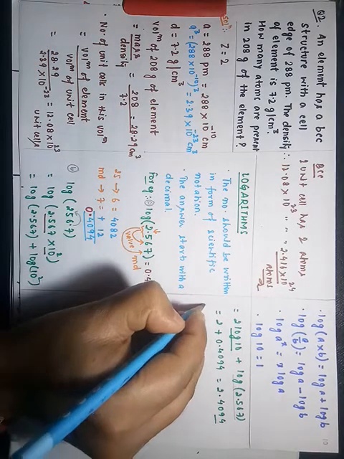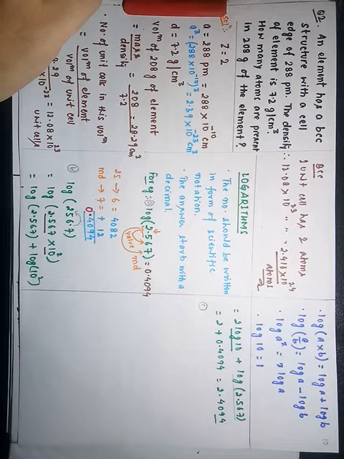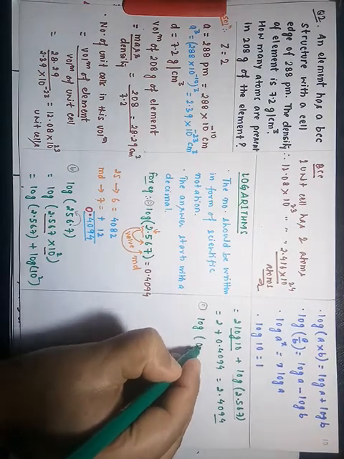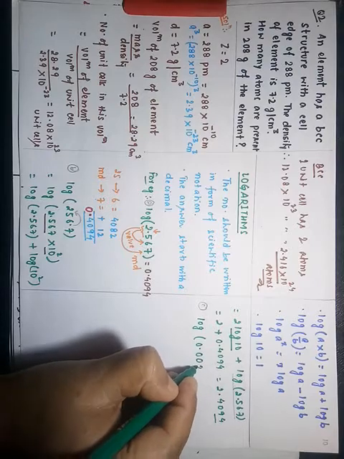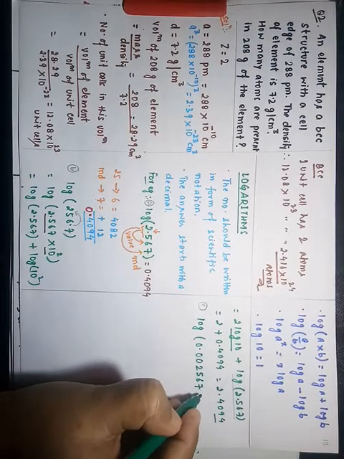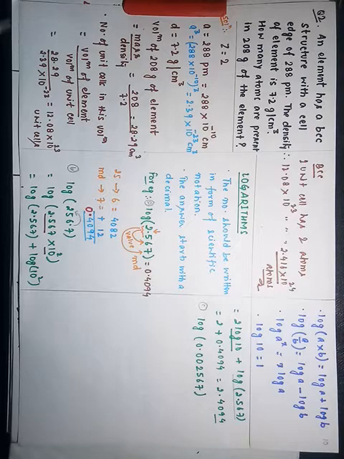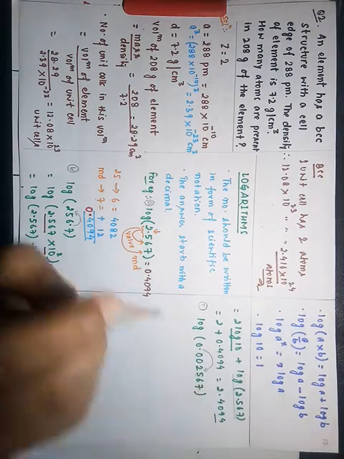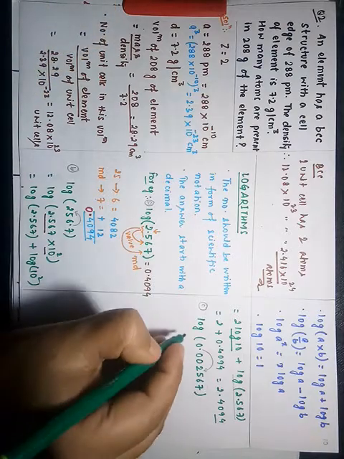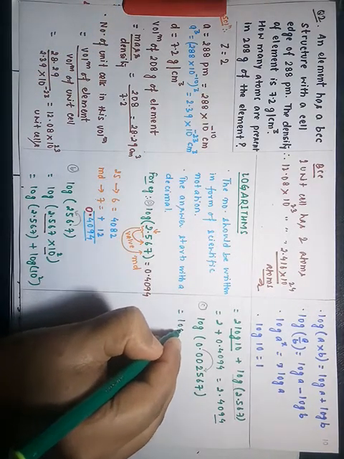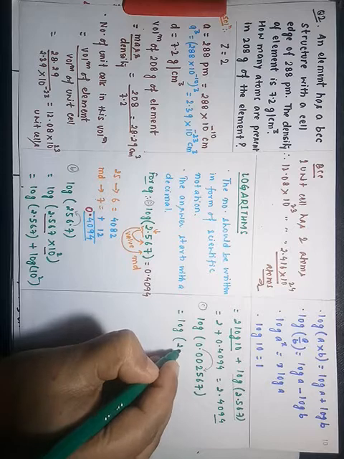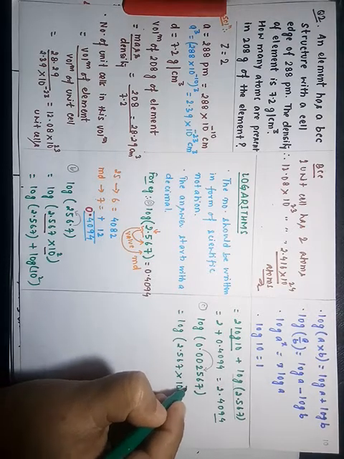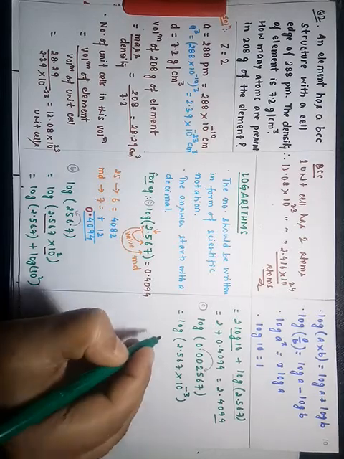Let us take one more example here. So let us see log 0.00257. So let us first write it in the form of scientific notation. So we have to shift this decimal clockwise 3 places. So this is equal to log 2.567 into 10 to the power minus 3, a clockwise shift, negative power.